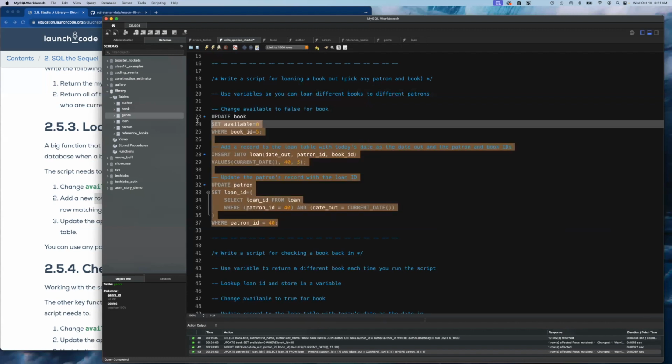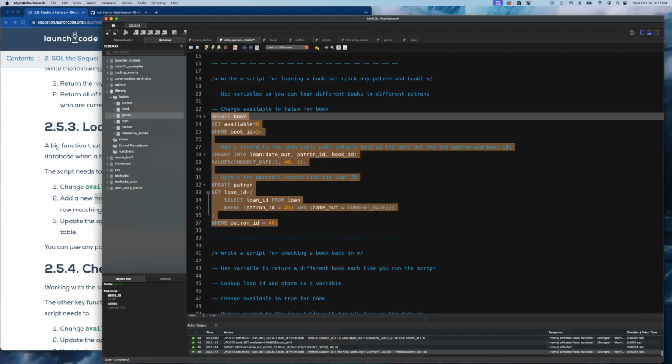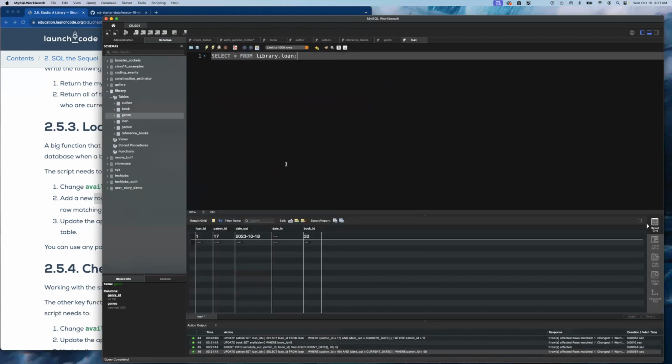And then I have to highlight the whole thing and run it. And now we go over here and refresh this table, and we can see that loan ID number 2 has patron 40 checking out book 5. Okay,